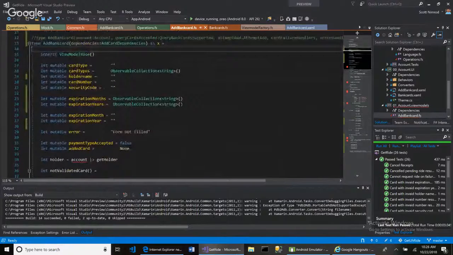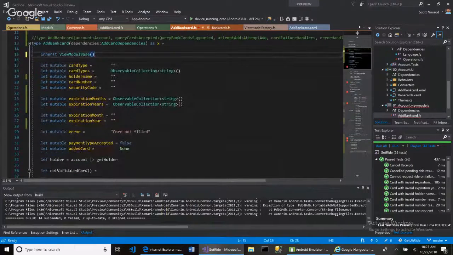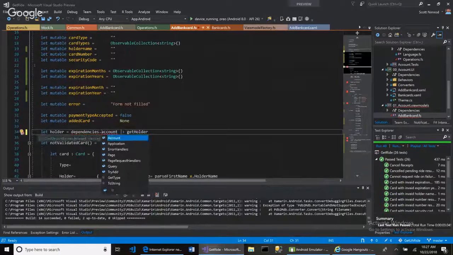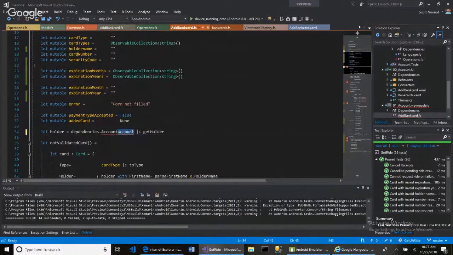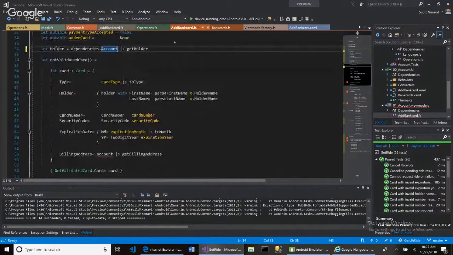And so then we can say that, let's say our let account equal, and you can say dependent. Oh, do I even need to do that? Is account used anywhere else in here? Can I just say dependencies dot account like that? I don't think I use it anywhere else. Okay. Yes, I do. Okay, so